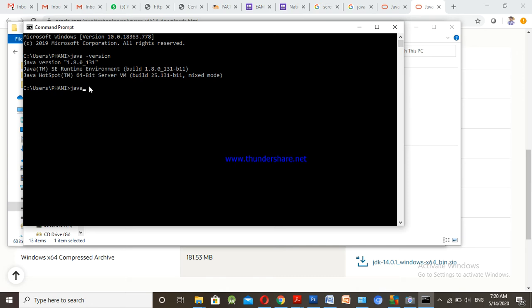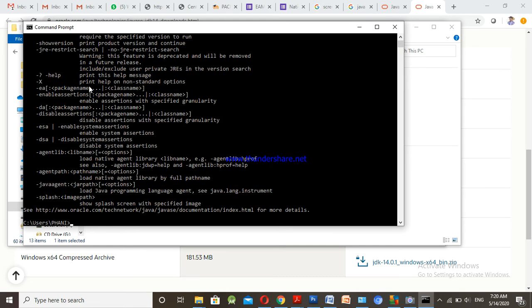Now we just type java. Now it is showing all the options regarding Java. That means now Java runs. The meaning of this is, here we are entering the java command, which is the command for running a program. That means now the JRE is successfully running. If you have a compiled program, then you can run it. Then check another one, javac.